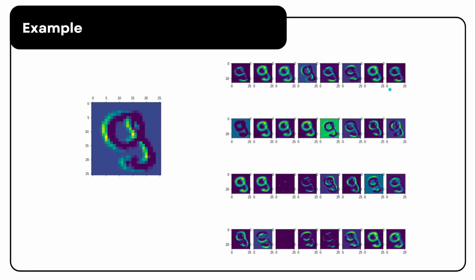You might even spot some that barely respond at all to these digits. That doesn't necessarily mean it's a dead filter. For example, this one might not respond to a 9, but it could be very active for other digits like 1 or 2, whatever number it is.